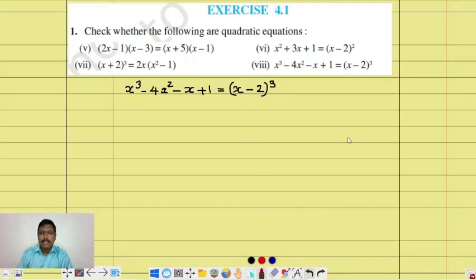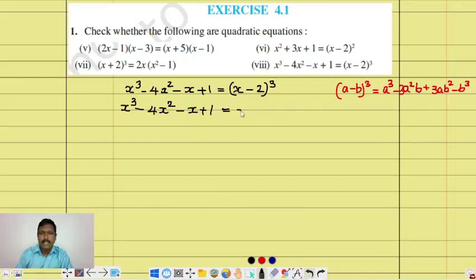So what is (a minus b) the whole cube? (a plus b) the whole cube we have discussed. Now what will be (a minus b) the whole cube? (a minus b) the whole cube will be a cube minus 3a squared b plus 3ab squared minus b cube. Okay, so we can apply it here. Left side, nothing to change. So x cube minus 4x squared minus x plus 1 is equal to, this you have to expand using this